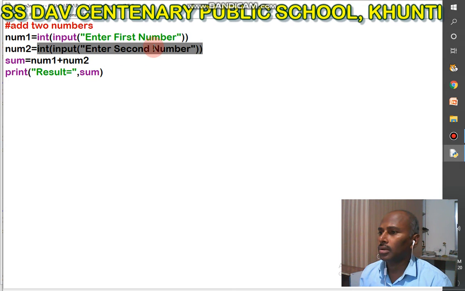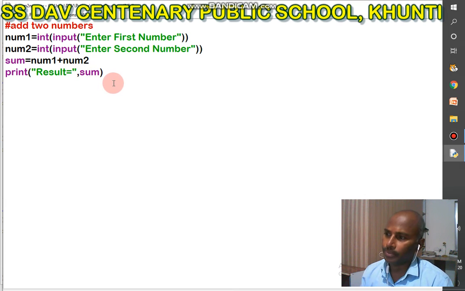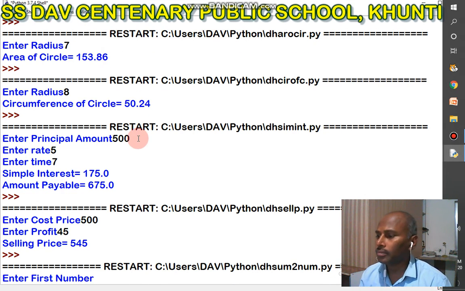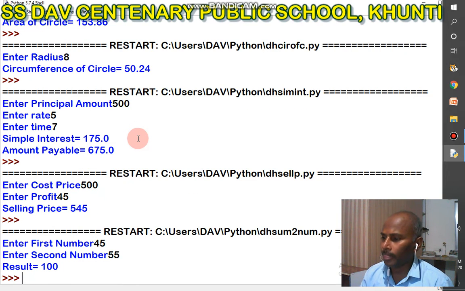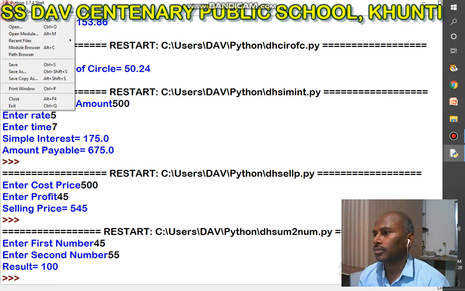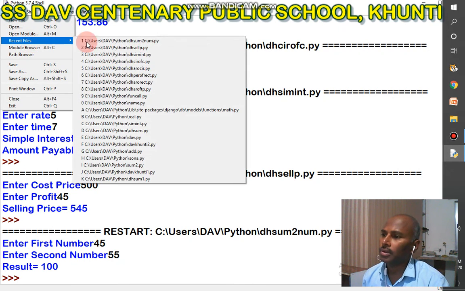In this line, I want to enter the second number stored in num2, and num1 plus num2 stored in the sum variable, and at last I want to print the value of sum. Now I want to run this program. First number 45, second number 45, value is 100. Now next program.